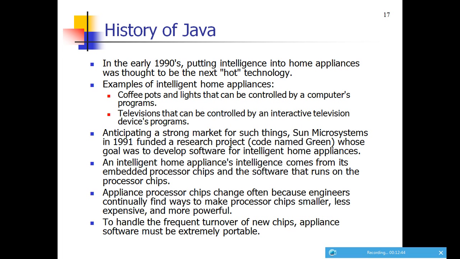The intelligence comes from an embedded processor chip and the software that runs on the processor chip. Appliance processor chips change often because engineers continually find ways to make the processor chip smaller, less expensive and more powerful. To handle the frequent turnover to new cheap appliances, software must be extremely portable.